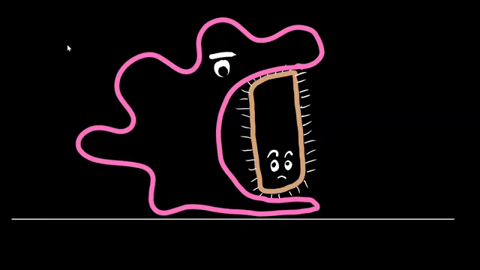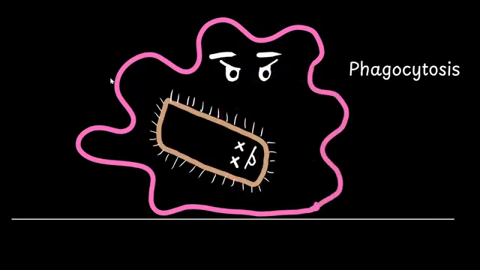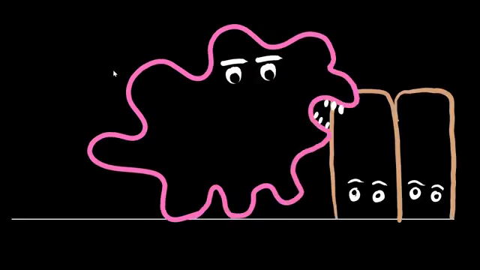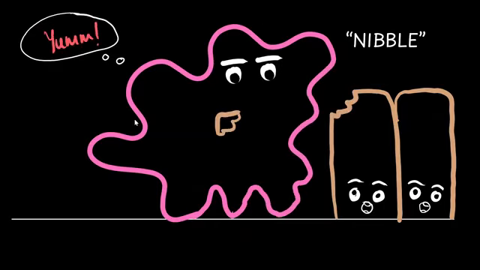Are you familiar with the process of phagocytosis? It is the process by which cells such as amoeba engulf their food whole. But do you know some of them are capable of nibbling through the cells? In today's video, we are going to be seeing one such organism which nibbles through the cells, which is Entamoeba